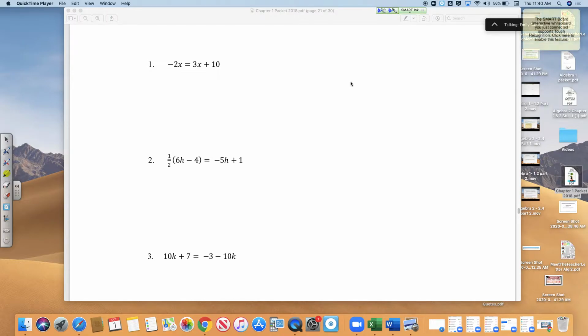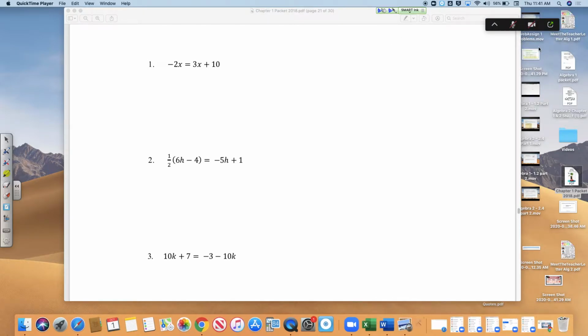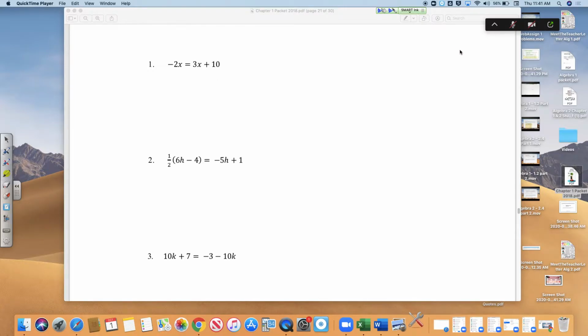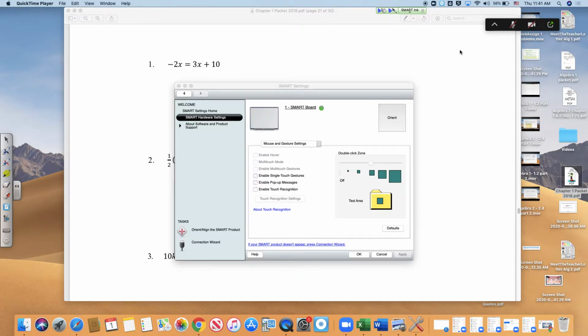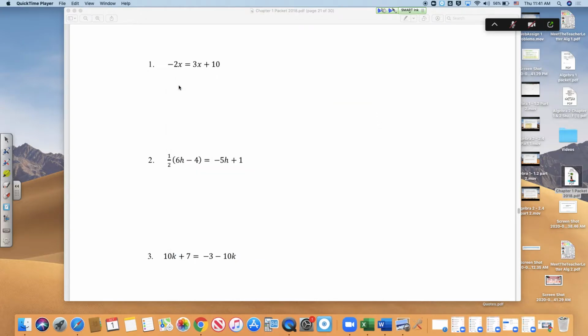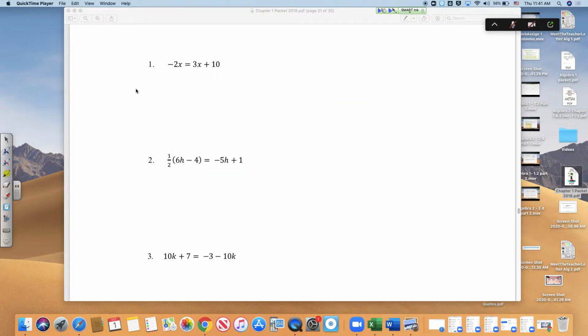You can either take negative 2x and add 2x to both sides to cancel that out, or you can take the 3x and cancel that by subtracting. So every time you have a practice problem, there's two things you can do. If you want to move the negative 2x to the other side, you can add 2x like this. And if you do that, just be careful, these turn out to be 0, and 2x plus 3x is 5x